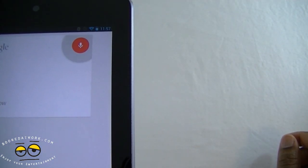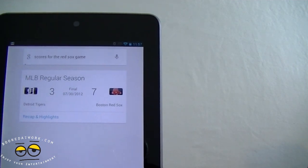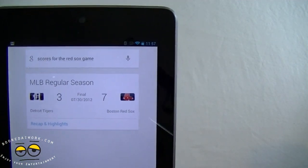Scores for the Red Sox game. The Red Sox beat the Tigers 7-3. Okay, now